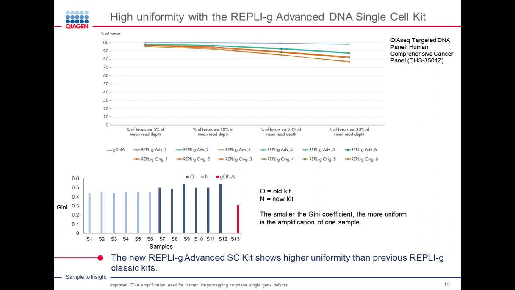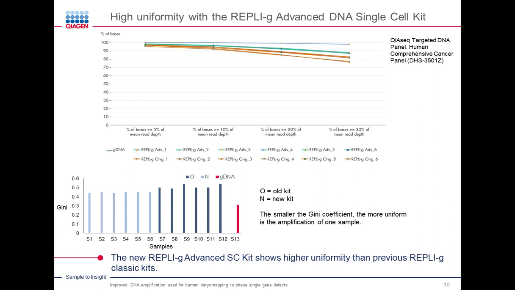This next slide shows the uniformity of using the REPLI-g Advanced DNA single cell kit. And in these instances, we're starting with single cells that were isolated using a single cell collection device. And we're comparing here our REPLI-g Advanced, which is our new kit, versus our traditional REPLI-g original kits. With the single cells for the REPLI-g Advanced, the cells were collected and put into the cryopreservative buffer. With the REPLI-g original, they were collected and put into PBS